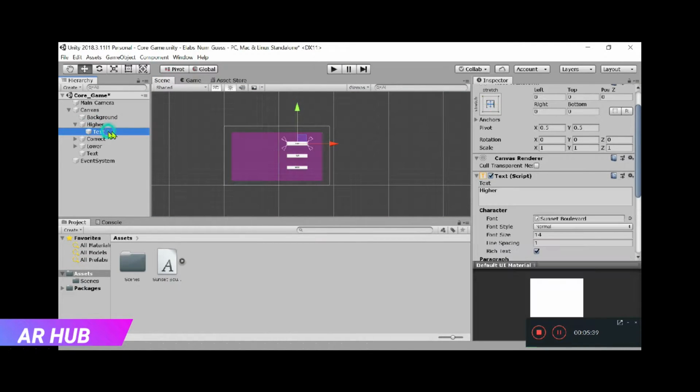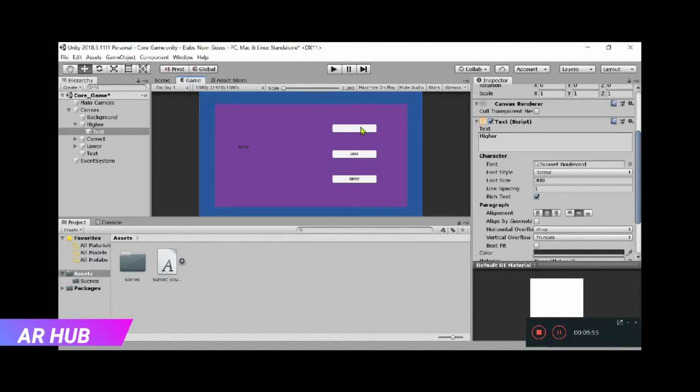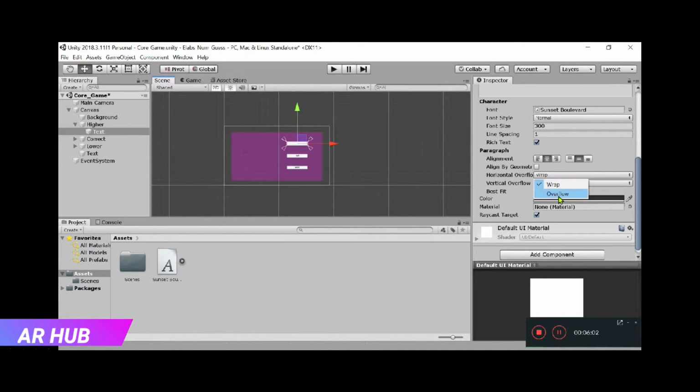Just go to the text, and here in the font size, you can see that the maximum font size we can have is 300. Yes, that's the maximum font size. When you make it 300, you will see that the text is gone. Well, where has it gone? Horizontal overflow should be overflow and vertical overflow should be overflow and not truncate,